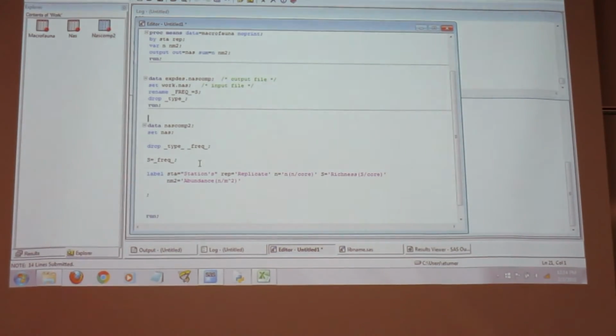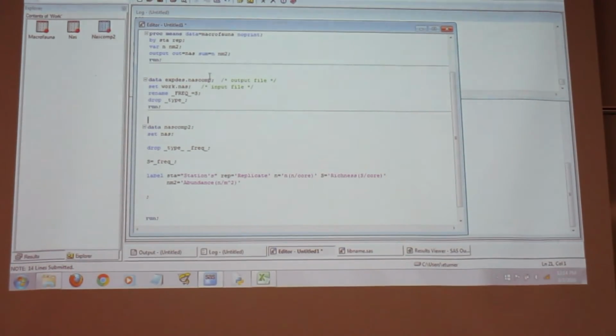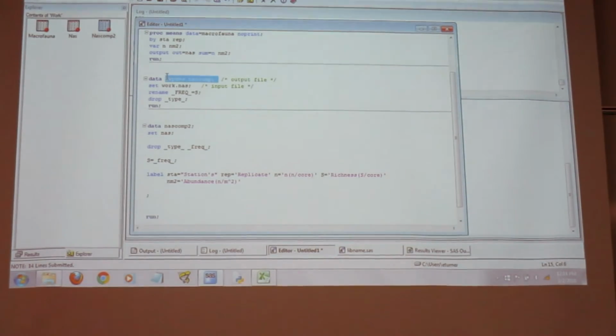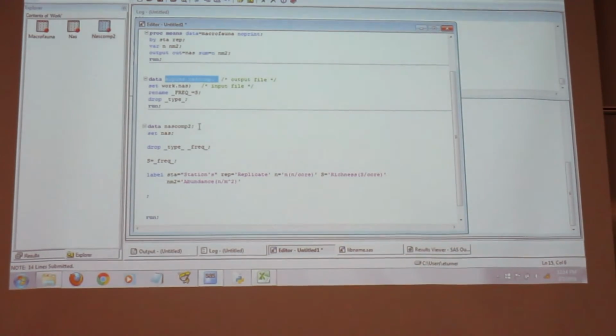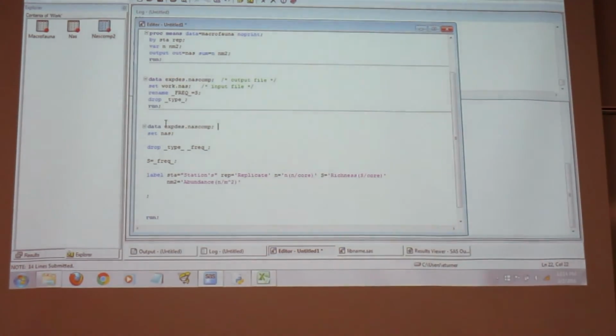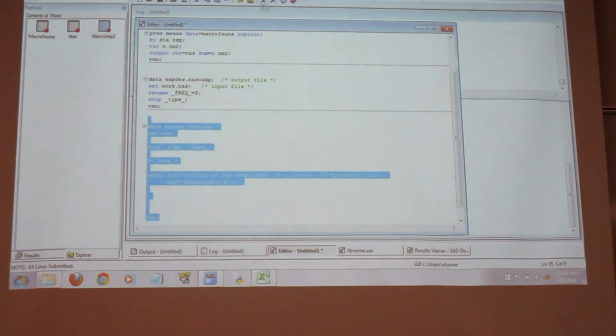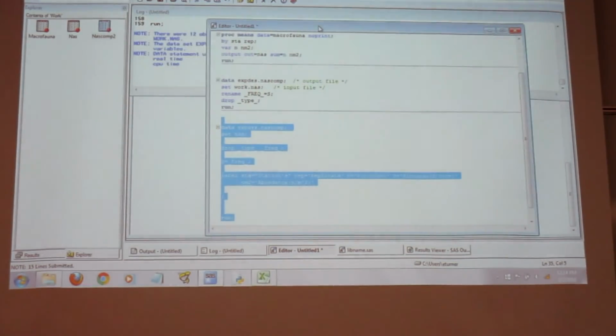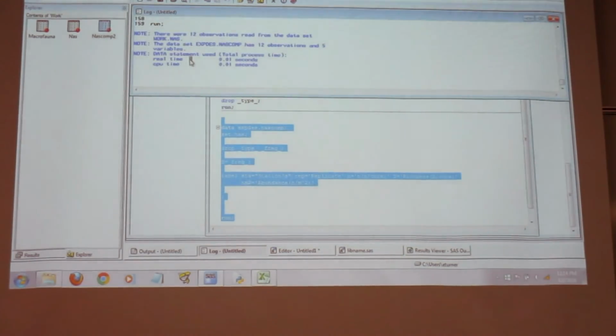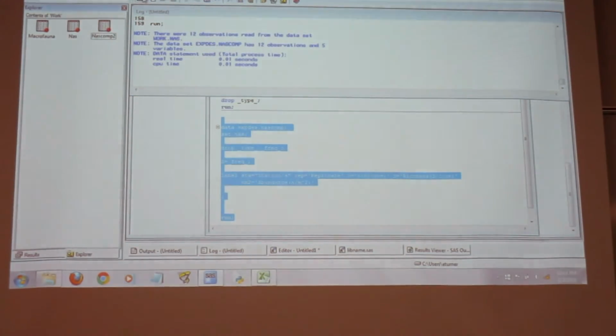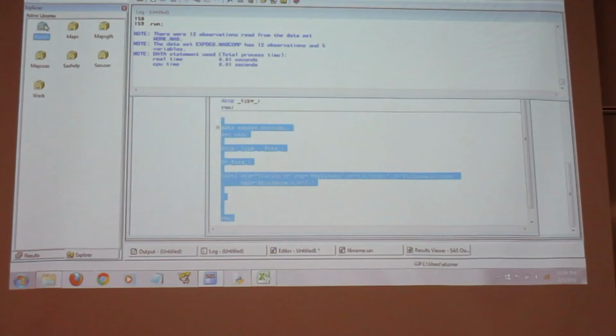So I want to save this exactly as this. So if I do this, now I should have my set in my folder. That's pretty.